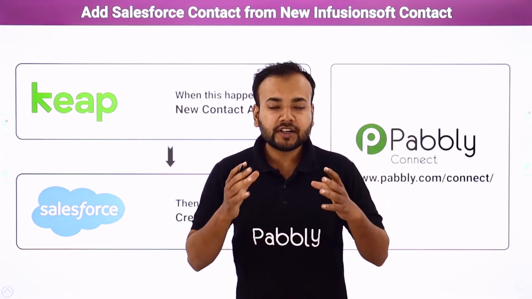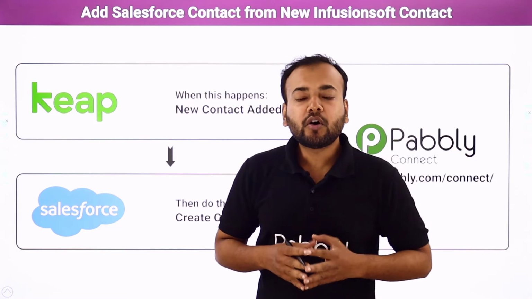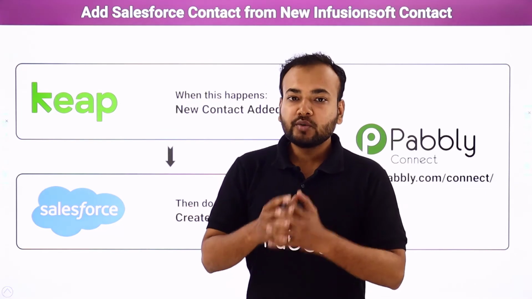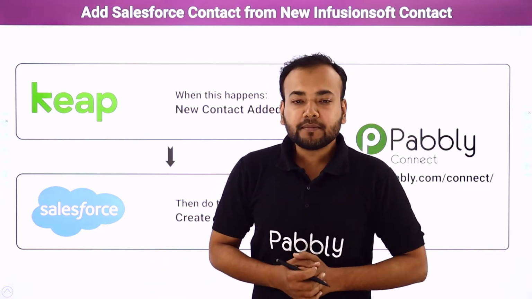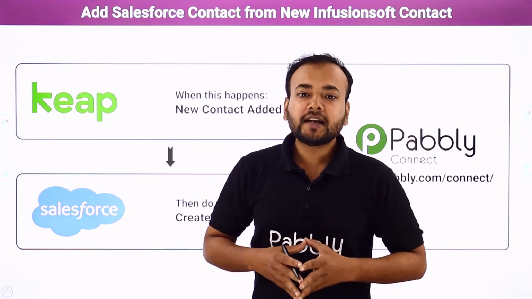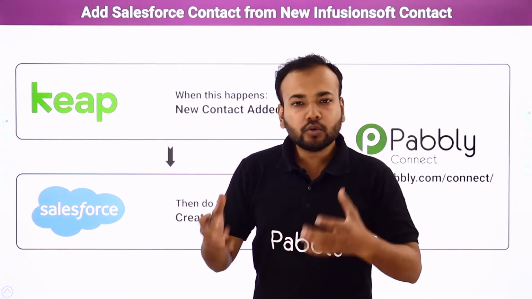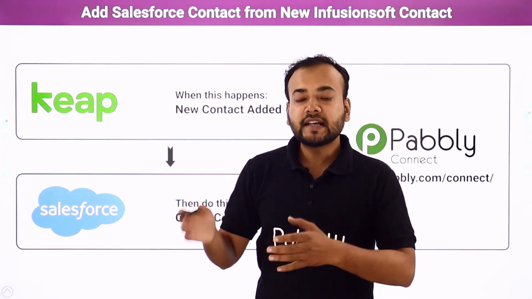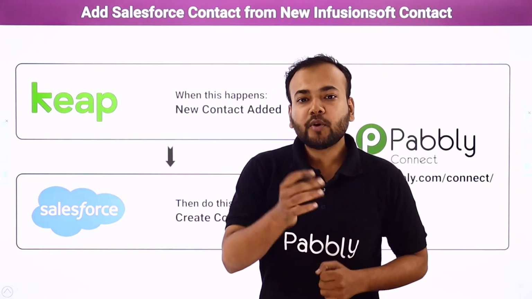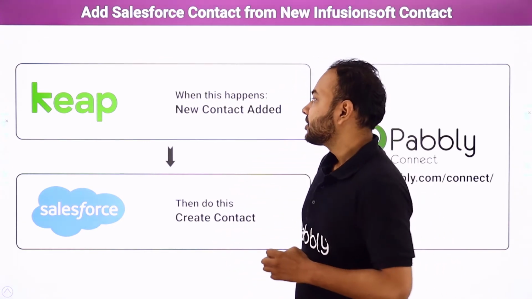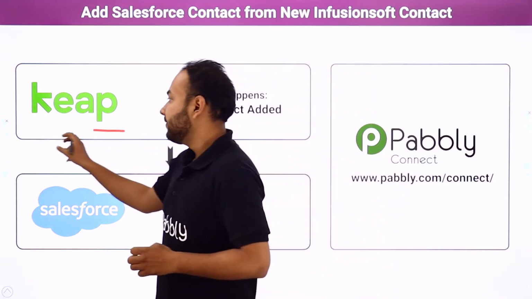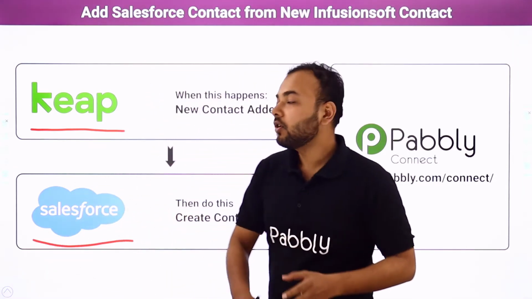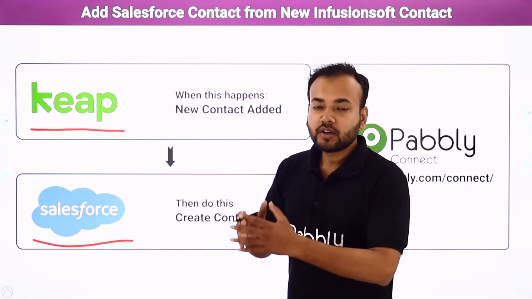So guys, what happens generally is companies use CRM or customer relationship management applications to interact with their customers and leads and to streamline their sales, right? Many companies use many different CRM applications, and some companies use two or three CRM applications together so that they can use the features of different CRM applications together, right? So suppose that you are using two CRM applications here. One is Keap or Infusionsoft and the other one is Salesforce. Okay, so you want to use the features of both of these CRM applications to interact with your customers, right?